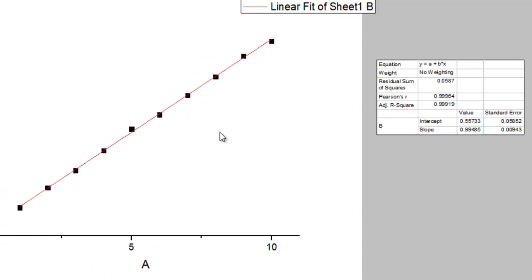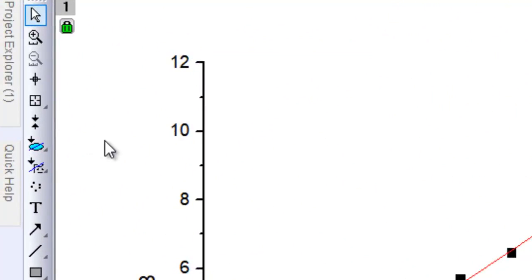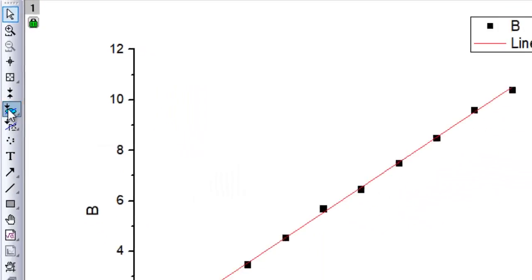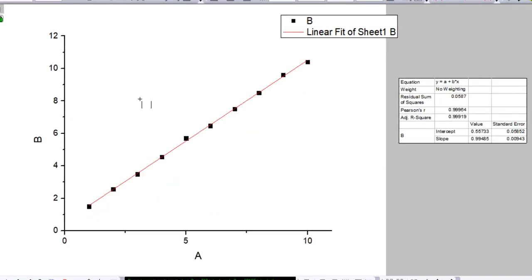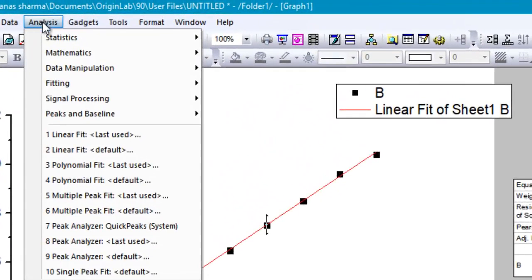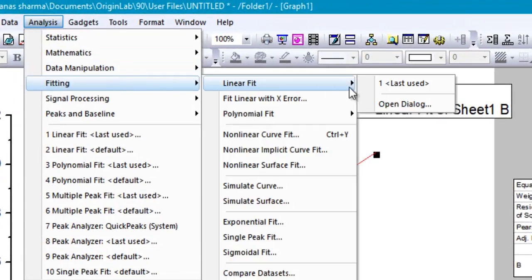But what if you want to perform the linear fit only on a smaller subset of the data? So then what you can do is you can just select the data beforehand using the regional data selector, and maybe let's say we will select these 3 points in the middle. So just go ahead and select those like this. So now you can see that these 3 points have been selected, and then click on analysis, fitting, linear fit,